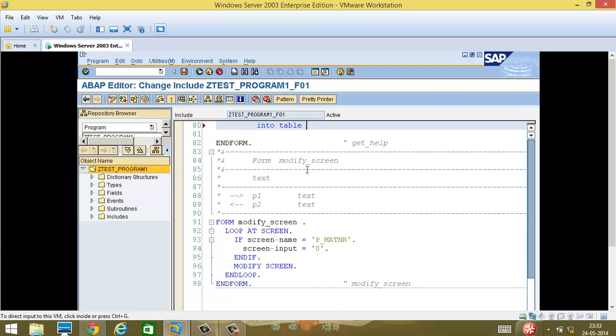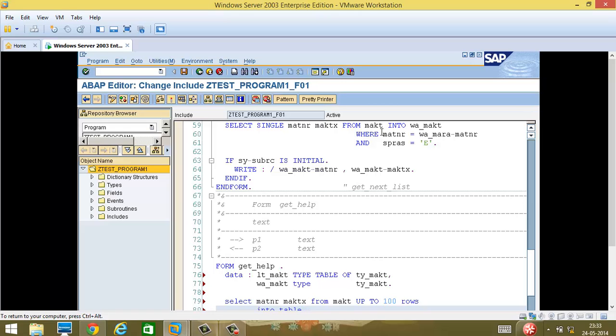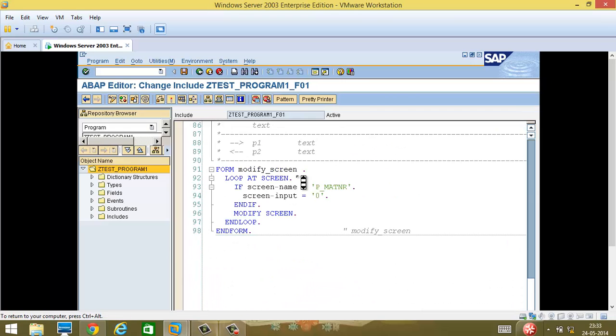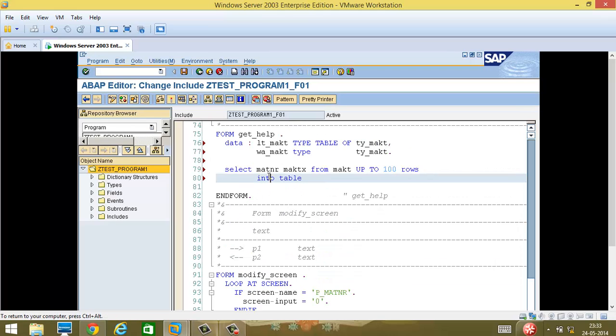So now if you see here, I did select into WA_MAKT, no table, because only one record we are dealing with. Here we are dealing with multiple records. So select this from MAKT up to 100 rows, so basically 100 records I'm going to get into the table